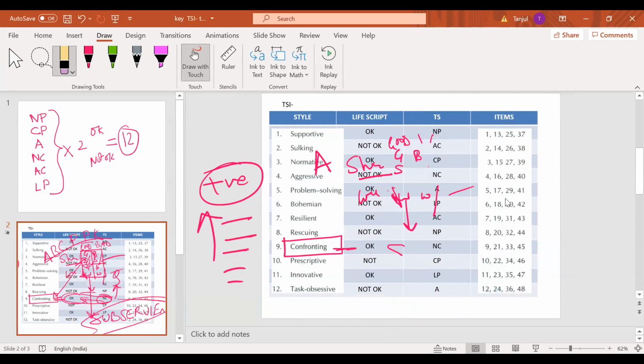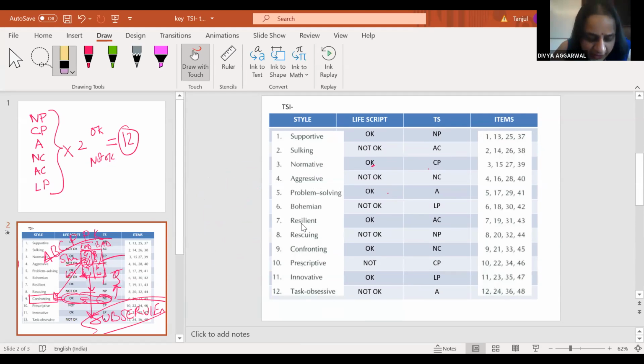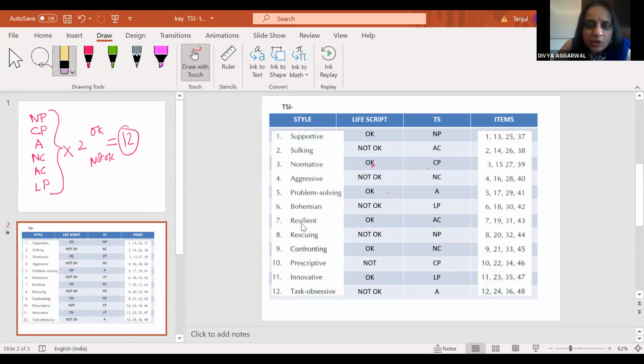Any more questions here? Divya, if you have anything to contribute, beta? Right now, I do not want to contribute on this because it has been beautifully explained by Dr. Tanjul. So the participants, if you are having any kind of doubt in your mind with respect to this template which we have used, 2 participants have raised their hands.